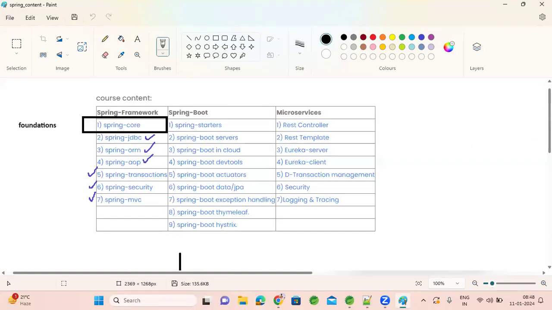So this is the Spring content that we are going to cover: Spring Framework, Spring Boot, and microservices. First, we will learn the fundamentals from the Spring Core module. Fundamentals are very, very important, and each module built on top of these fundamentals will be simple and easier.